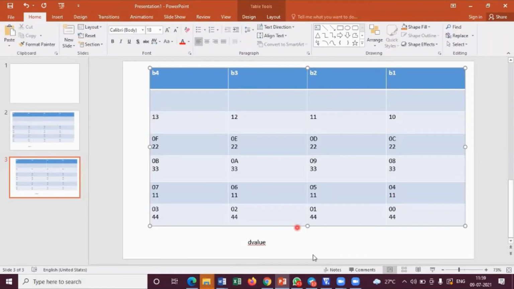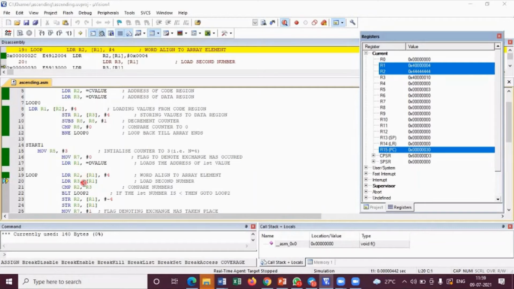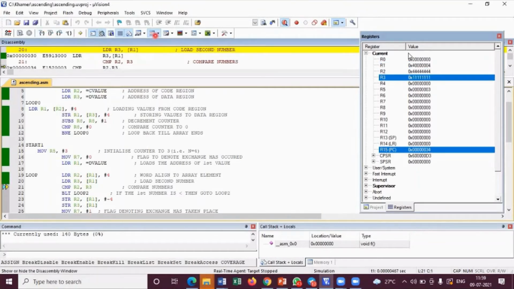So this data has been moved to R3. If I do F11, R3 has 1111. My pointer is still there. I'm not updating my pointer because I need to compare these two numbers, R2 and R3. See, I'm comparing R2 and R3.